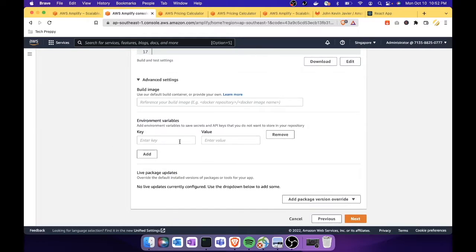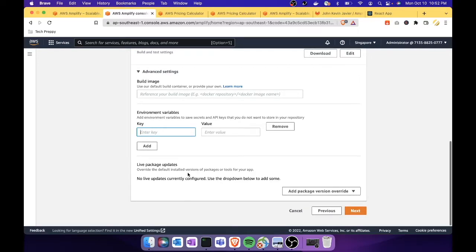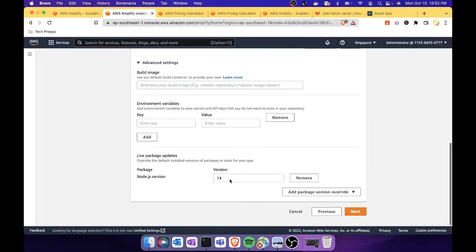And then for environment variables, if you are maintaining some variables in your .env, you can define that here. In my case, I don't have any. Also, you can define or override the package version of your package.json. Let's say you're using nodejs, but instead of version 14, you want to use version 16. You can just change that,